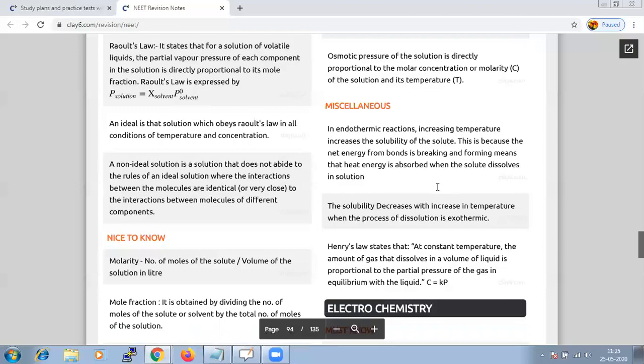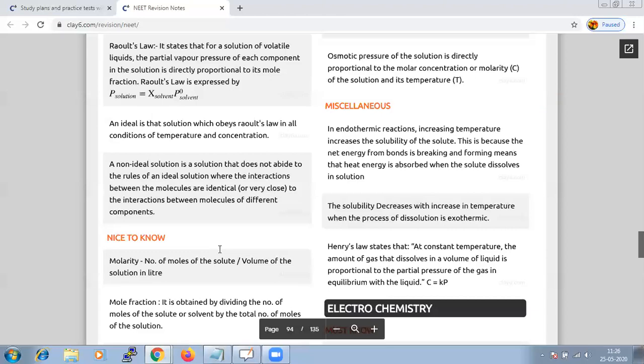So there are many important points in this chapter. As far as your exams are concerned, the important parts to focus on are concentration of the solution, Raoult's law, and osmosis. Many numericals come from this chapter based on the concept of concentration of the solution or the concept of osmosis. So do focus, and the precise, simplified notes are provided here. It is better you revise and then attempt the exam.